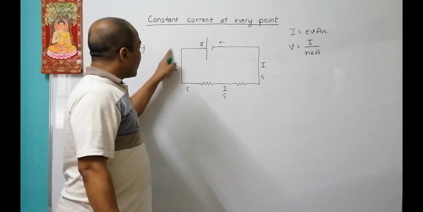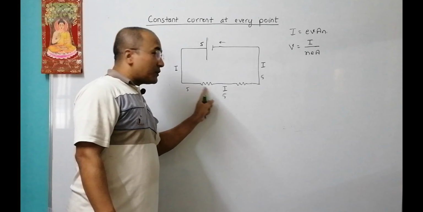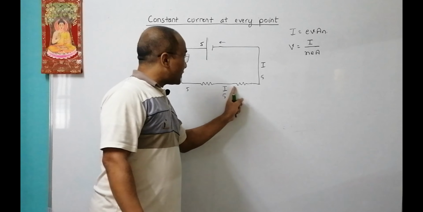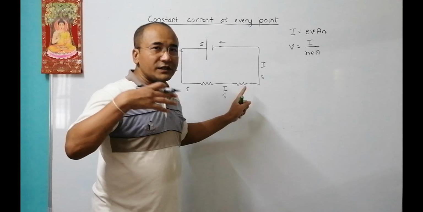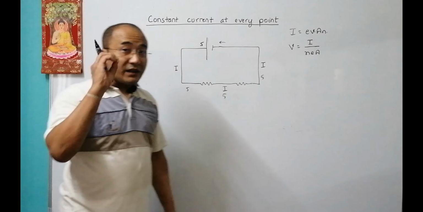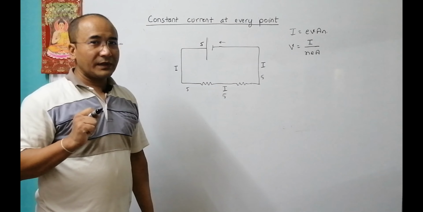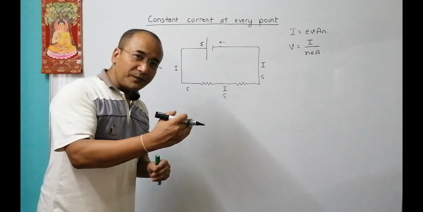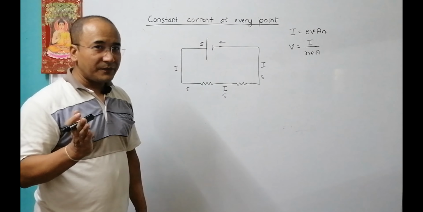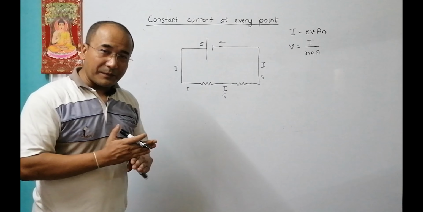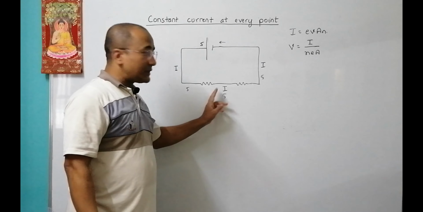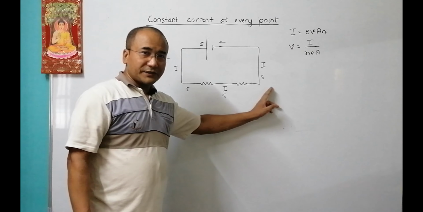So from here to here, energy is the same. Here there is some loss of energy, or use of energy in some other work, then again the same energy here. So actually it is the energy that gets less. After passing through the resistor, it is the energy that decreases, not the number of particles. The number of particles remains the same, energy decreases. Here some work is done, energy decreases.